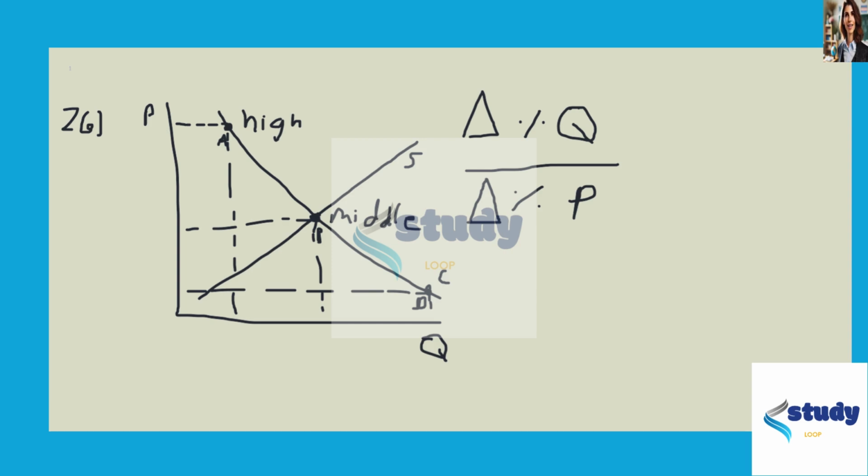So in short, the answer to this question is that as you move up the demand curve to higher prices and lower quantities, the elasticity is going to be higher. And as you move down to higher quantities and lower prices, it's going to be lower. And the reason for that is because as quantity changes from low to high, the percent changes are going to be much smaller, even if the actual change itself stays the same, like stays 1 unit, for example. If the percent change is changing, then you're going to have a high